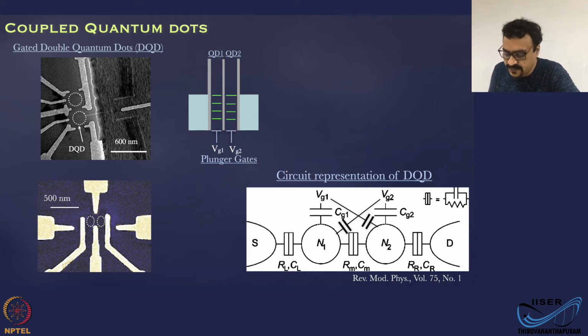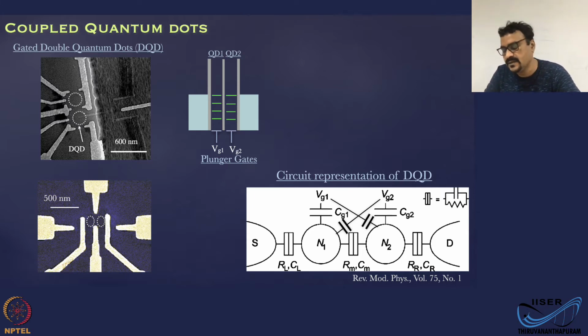Okay, so what we have is two quantum dots. They are connected through a tunnel junction, and each of these quantum dots is connected to the source on one side and the other dot to the drain on the other side. There are capacitively coupled gates which enable you to change the electrostatic potential of the dot. There is also a cross coupling capacitance that has an effect on how you look at the data, how you visualize the charge stability diagram. We will touch upon that as we move on.